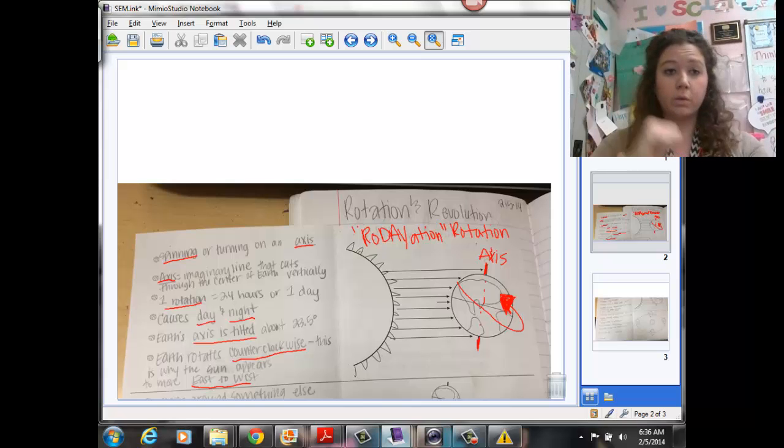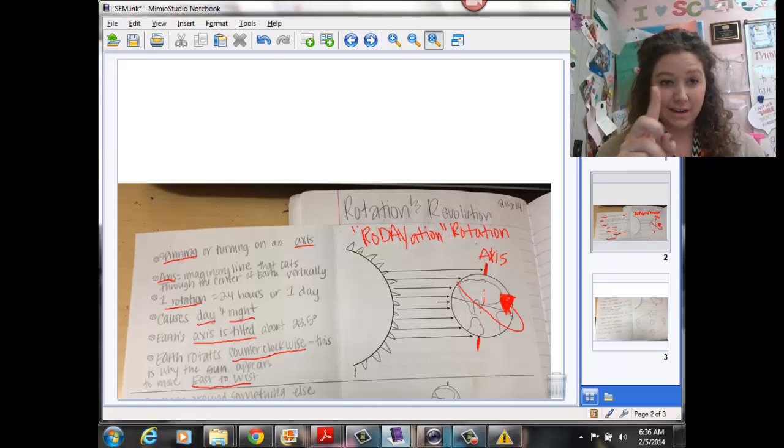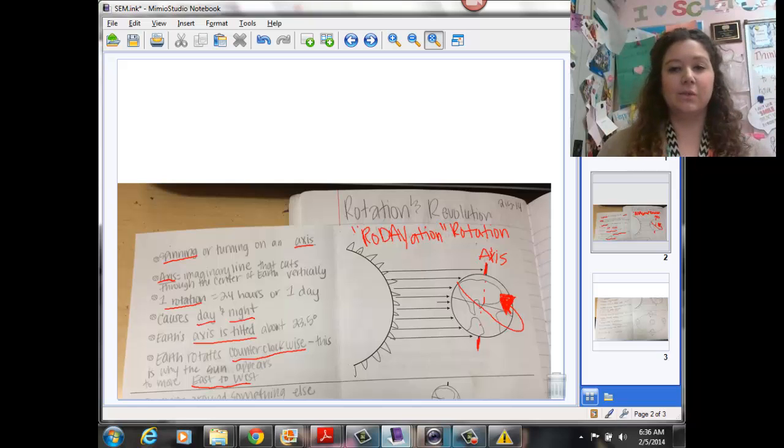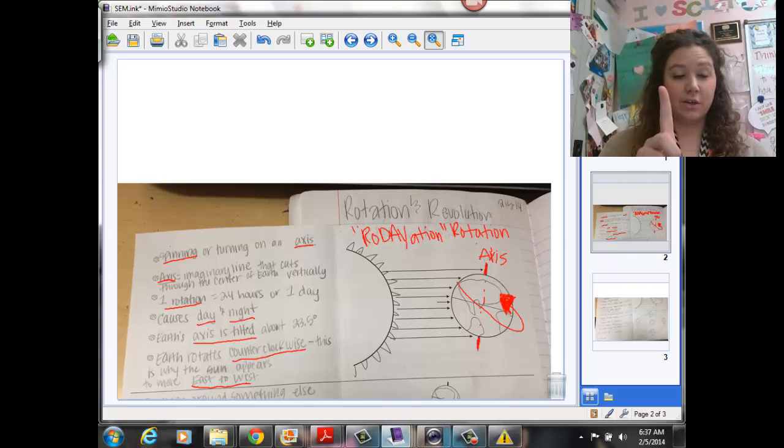It's rotation, rotation. Okay, so we want to make sure we remember rotation, and that's the spinning on the Earth's axis. So whenever I say rotation, you're going to say spinning on the Earth's axis. Okay, so that's rotation. And now we want to move on to revolution. Rotation causes day and night because of the spinning